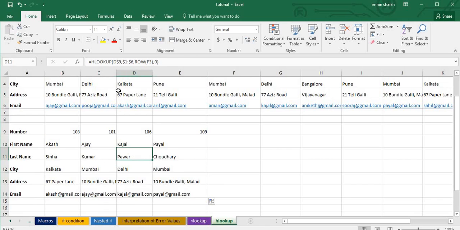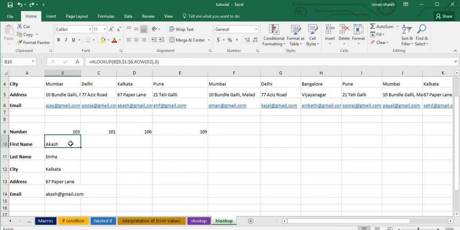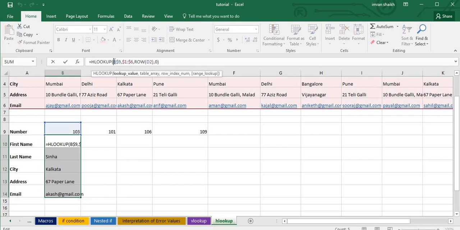So you might be wondering why I have kept the dollar sign only before 9, and why I have not kept the dollar sign before B also. The reason is that when I copy the formula from one cell to another cell like this, I'm getting the correct information. If I put a dollar before B also,